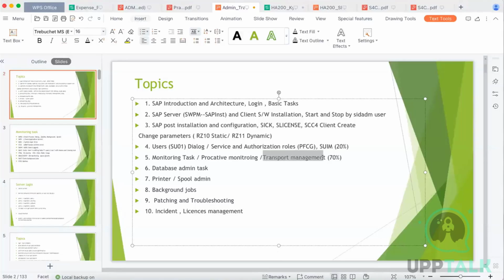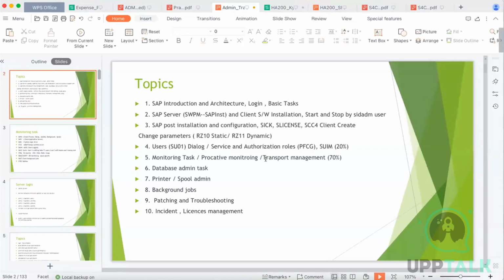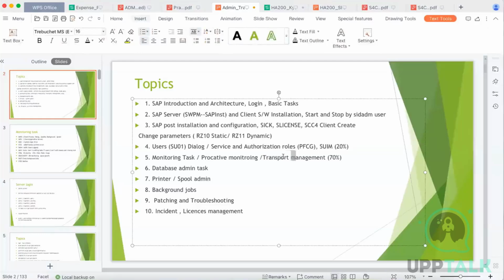Transport management means a developer is going to develop some object in the development system, and then you have to move those objects into quality and production system. Okay, so we will see how to do the transport management. Transport is a very, very simple activity. So what happened normally,